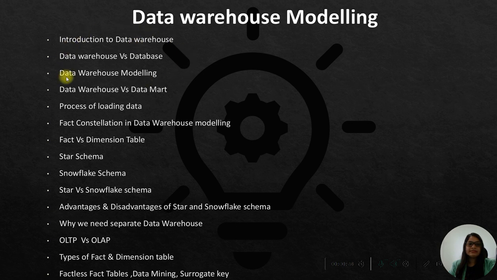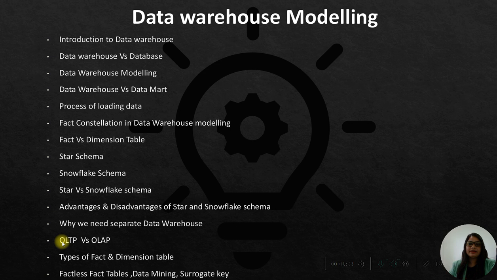So I will cover in this video what is the data warehouse, what is the difference between the data warehouse and database, what is data warehouse modeling, what is the data warehouse and the data mart, how we can process the data, then what is the fact constellation, means what is the galaxy schema, what is the difference between fact and dimension, then what is the star schema, snowflake schema, what is the difference between them, what are the advantages, disadvantages of star and snowflake schema, then why we need the separate data warehouse,